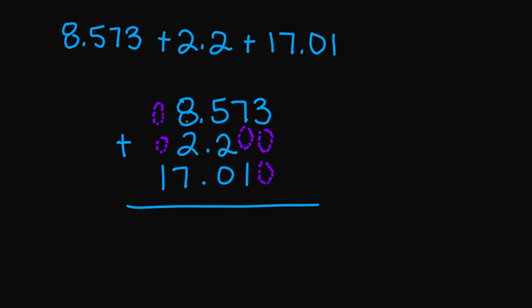So now let's go ahead and add. 3 plus 0 plus 0 is 3. 7 plus 0 plus 1 is 8. 5 plus 2 is 7. 7 plus 0 is 7. Decimal plus decimal plus decimal, add that decimal. And then you have 8 plus 2 is 10. 10 plus 7 is 17. Write your 7, carry the 1. And then you have 1 plus 0 plus 0, that's 1. And 1 plus 1 is going to be 2. So your final answer is